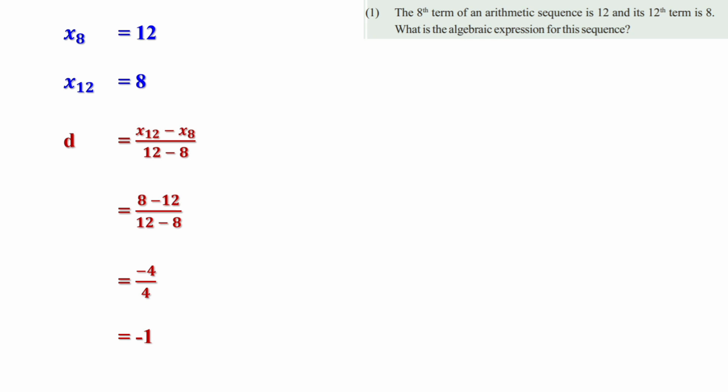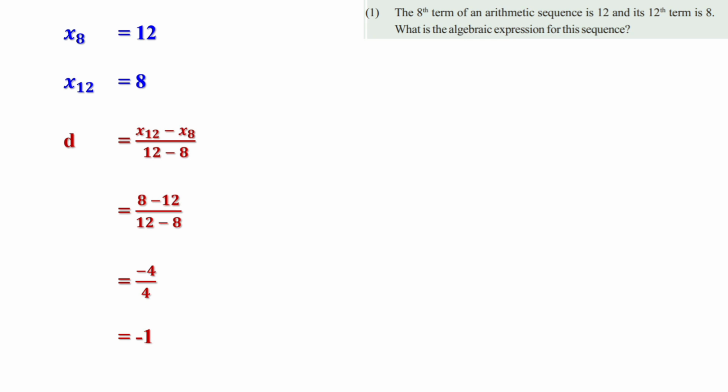We can find the first term and we can find the nth term. Without finding the first term also, we can find the nth term. Suppose to get the 10th term, we have to add 9 times common difference to the first term. But if you are taking second term, you need only to add 8 times common difference to get the 10th term. And if you are taking the third term, you need to add 7 times common difference to it to get the 10th term. Thinking like this, we can say to get the nth term, we have to add n minus 1 times common difference to the first term.